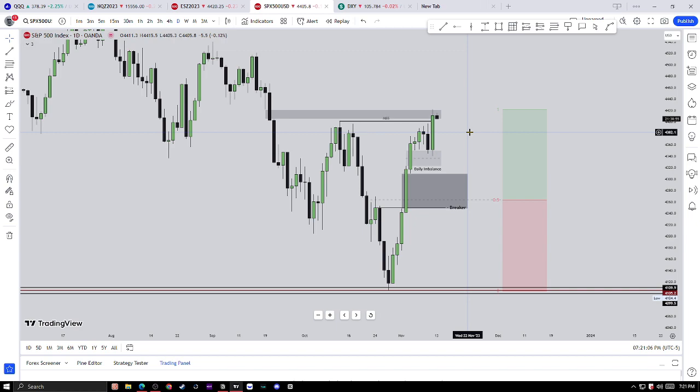My first key takeaway would be don't trade. This is for me, not for you. Mine would be don't trade until after Tuesday. Just watch how price reacts. Just watch what levels are being taken out and what levels are being targeted. Take notes. Take a lot of notes. Take a lot of pictures. What else? Wait for CPI. Wait for PPI. And wait to see where price is going.